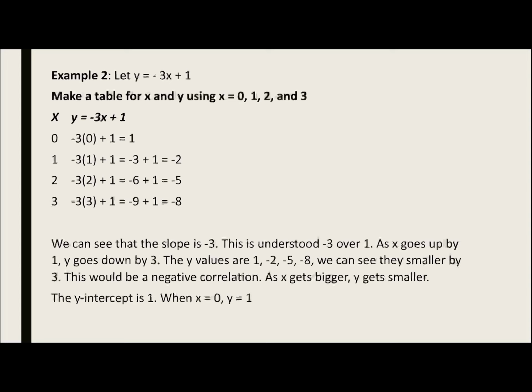That's the number in front of x because it's mx plus b. This is understood negative 3 over 1. As x goes up by 1, y goes down by 3 because it's negative 3. And you can see the y values, 1, negative 2, negative 5, negative 8, are getting smaller by 3 each